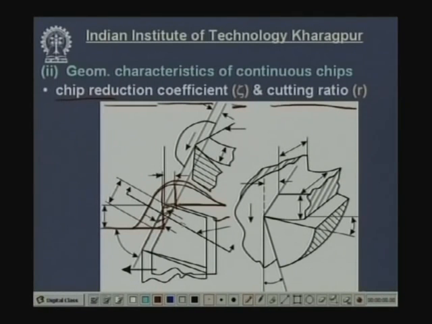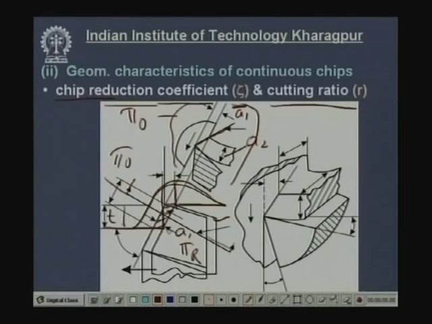If you take a section of the tool and the chip by an orthogonal plane pi o, and this is pi r, then we get a view like this. This is the orthogonal view. Now, this is A1, the thickness of the uncut layer. This is thickness A2 of the chip. This is the plane of shear or slip. This is the depth of cut, the amount of penetration of the tool from unfinished to finished surface, and this is called width of cut, B1, and this is the orthogonal plane.